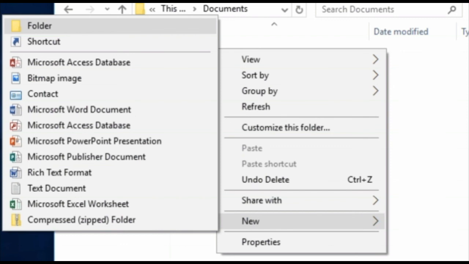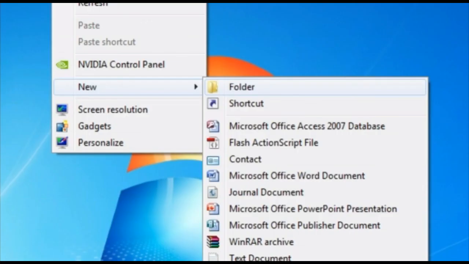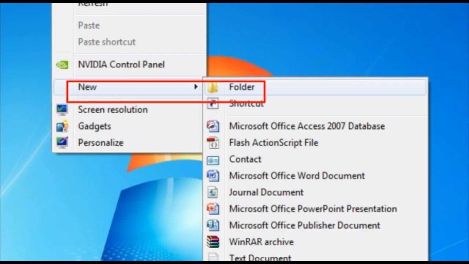From the menu bar, click on File, New, Folder. Method 3. Right-click on the blank area of the Explorer window or any other location. A pop-up menu will appear. Choose New Folder. Thus, a new folder can be created using any one of the three methods explained above.